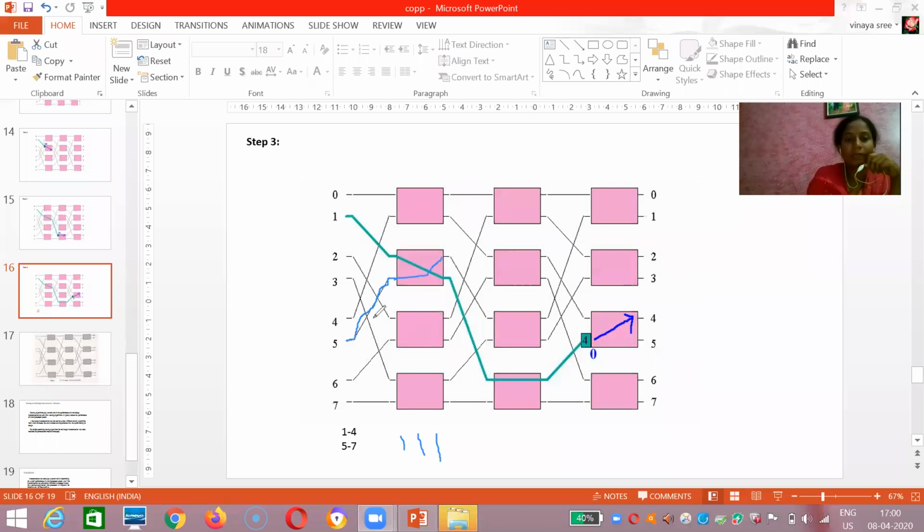So from here, as it is 1, what you have to do: processor 5 wants to access memory module 7. Until here it will access, so the output of this is 0 and here you will get 1. The binary representation of 7 is 1 1 1. So what you will do, first you check the MSB part for the first switch, so it is 1, and if it is 1 you will go directly.